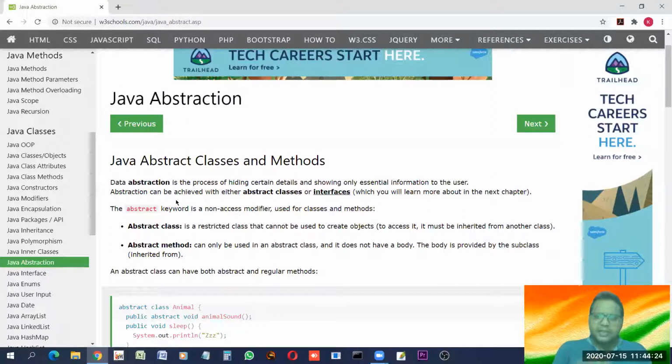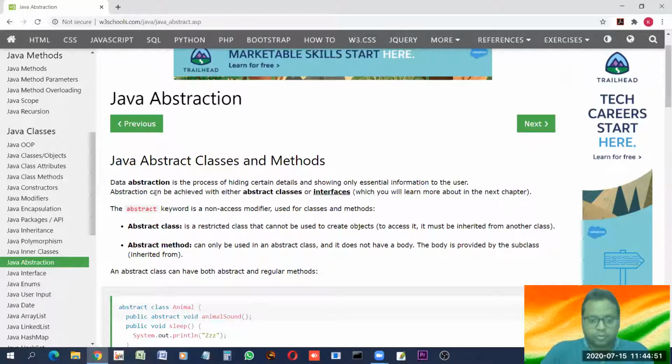So hiding details and only displaying the important features makes the thing easy to use, and like this the overall system becomes easy so that all can use these things. So nowadays this abstraction is followed with great care so that everybody can use this, because these days everybody uses a mobile phone, Android operating system and all.